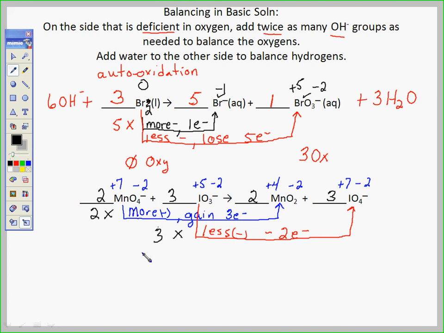So on this side I have 17 oxygens. On this side I have 16 oxygens. So I balance by adding double the amount of hydroxides that I need, and I would add 1 water. You can always double check your work by checking to make sure your charges are balanced in the end as well. So the next step will be